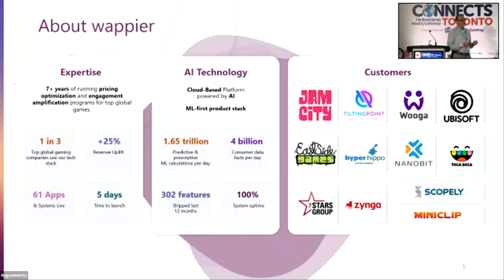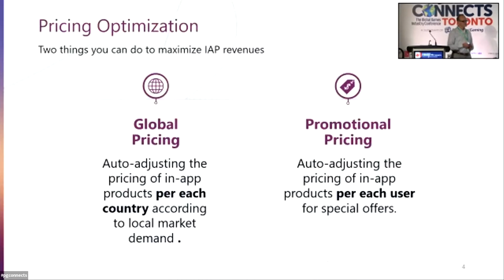But this is what we do, right? Not just pricing, but fundamentally, who is Wappier? We're an AI company with deep insights into player behavior. We take those insights and try to influence that behavior to a more positive outcome for the game developer. In the case of pricing, it's right price, right time, right location. We do that with a lot of big game companies out there right now. So I'm going to share with you some information about how you can really do it yourself as well. It's not really just about come work with us.